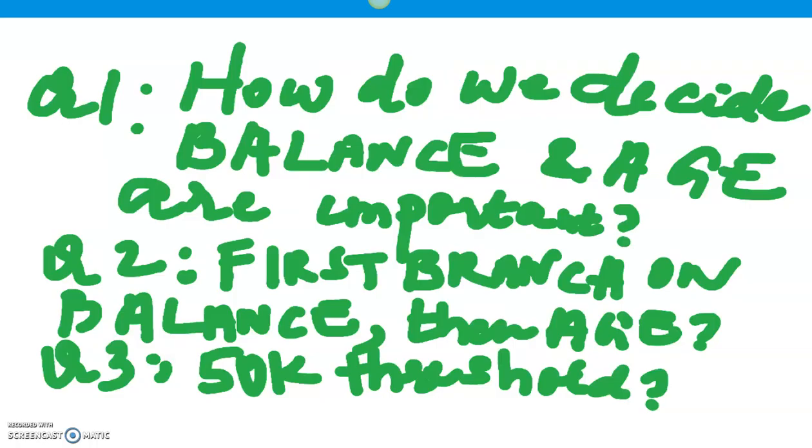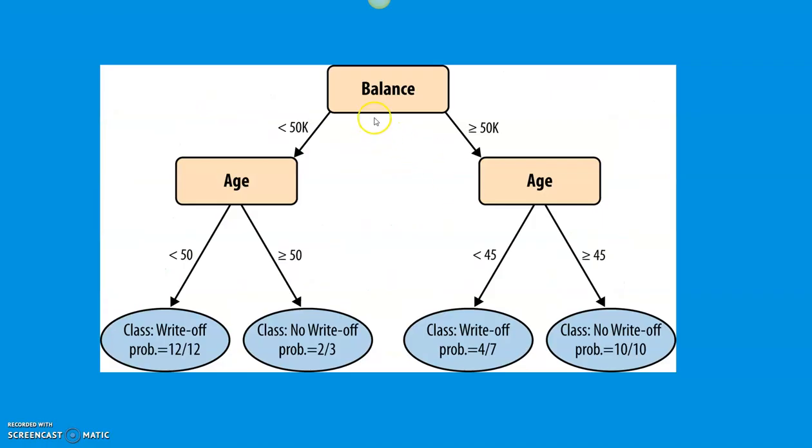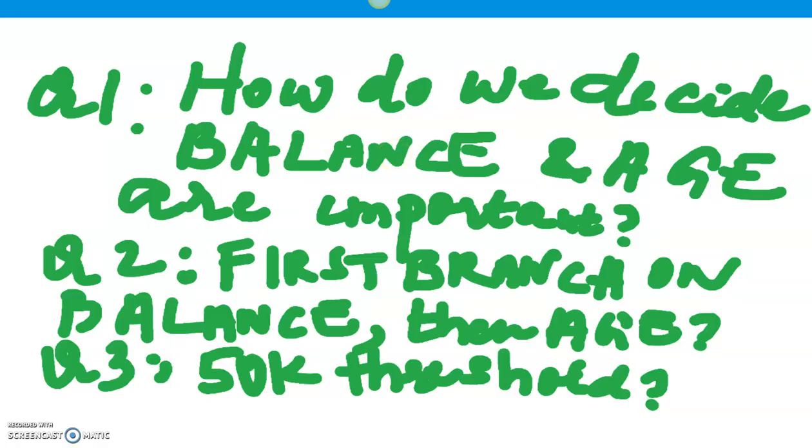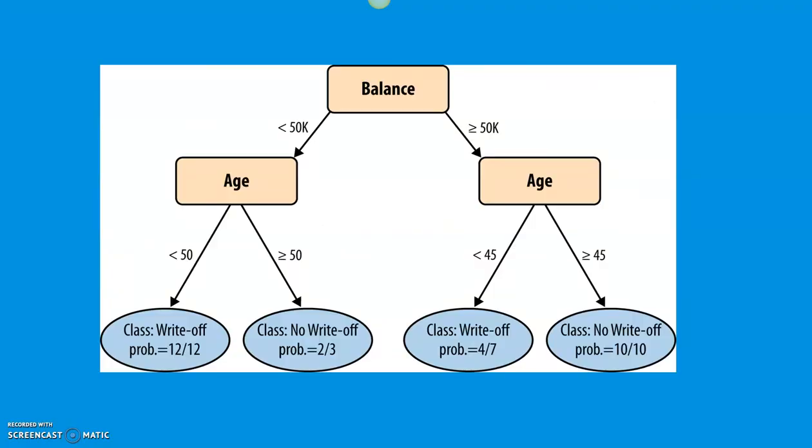And the third question is, how did we decide the 50,000 threshold? In other words, why didn't we say balance less than 43,000 or balance more than 43,000? How did we decide this 50,000 as the cutoff value? So these are some important questions for decision tree algorithms to answer. And the way in which the decision tree decides that balance and then age is the correct order, and when you consider balance, 50,000 is the correct cutoff to use,